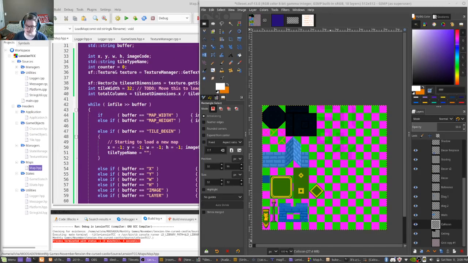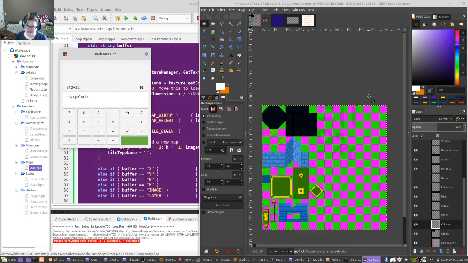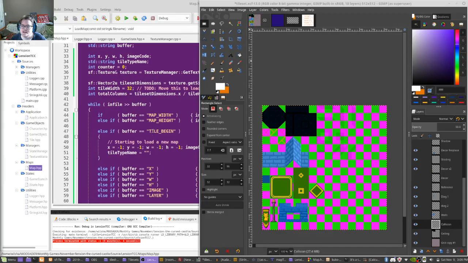So from there, if we know that's 16 columns, if we need to find like 145, we're going to have to go 16, 16 again, like to 32, 48, 64 and stuff. So